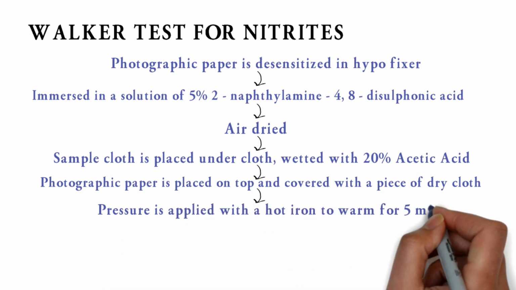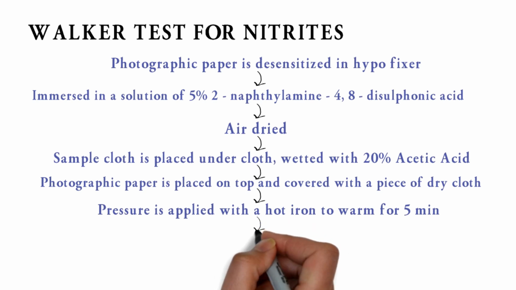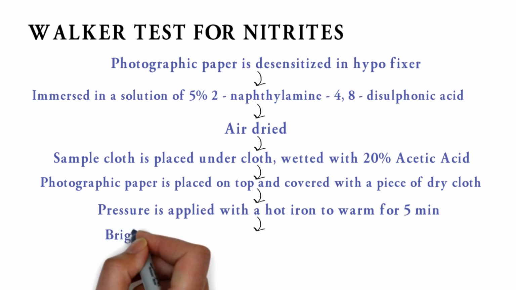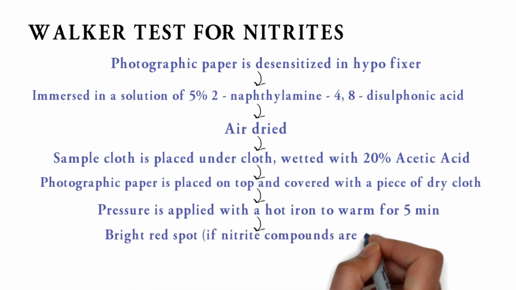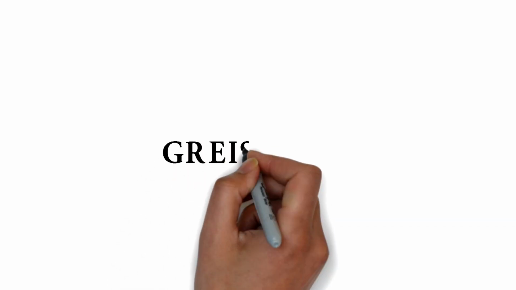This hot iron and the pressure soften up the gel coating of the photographic paper to enable it to pick up any GSR particles. Any bright red spots that appear are because of the presence of diazo compounds, indicating the presence of nitrites. The next test is the Griess test, which is nothing but a modification of the Walker test